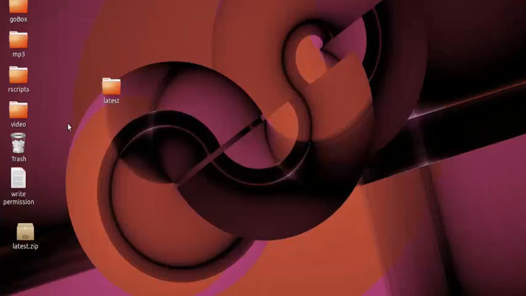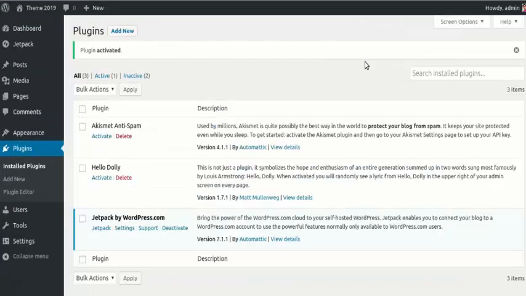To restart the Apache server, you simply say sudo systemctl, one word, restart apache2, and then you should be able to install the new plugins and